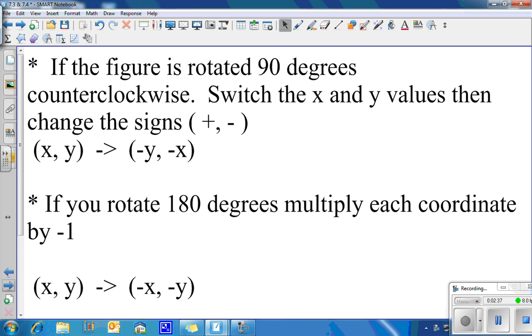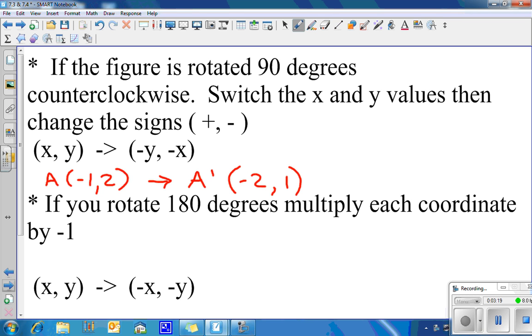If a figure is rotated 90 degrees counterclockwise, here's a quick hint. You can switch the x and y values, then change the signs to be a positive and a negative. All right? For example, you have x, y. You rotate it 90 degrees counterclockwise. You change the signs of those numbers. And I'll give you a real location. If I rotate it 90 degrees counterclockwise to point A, and the pre-image was -1, 2, then the image, A prime, would become the opposite of 2, which is -2, and the opposite of -1, which is